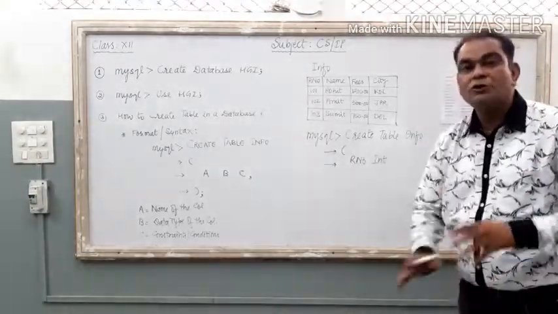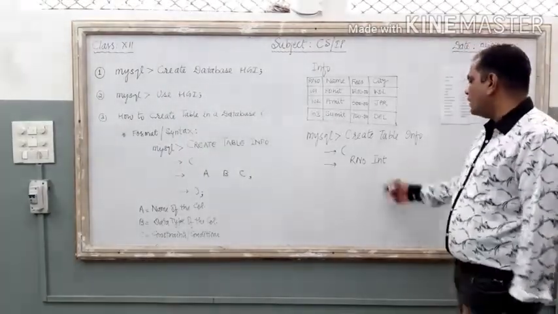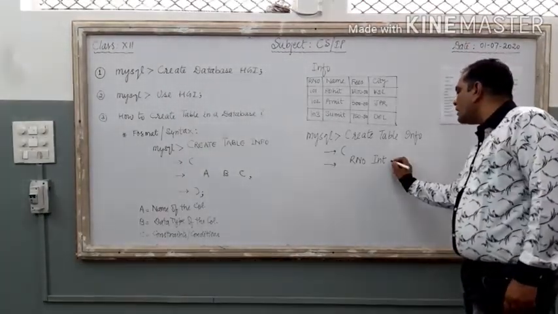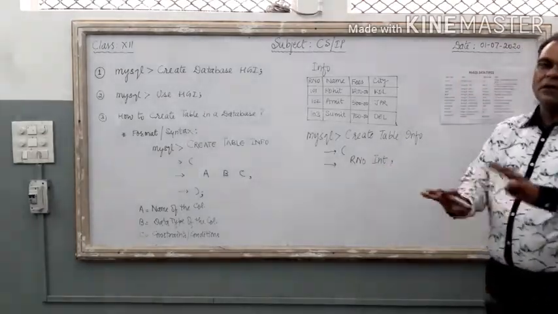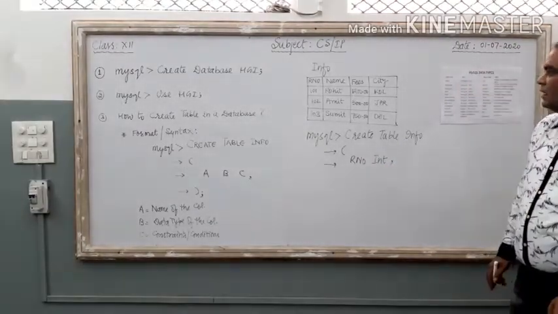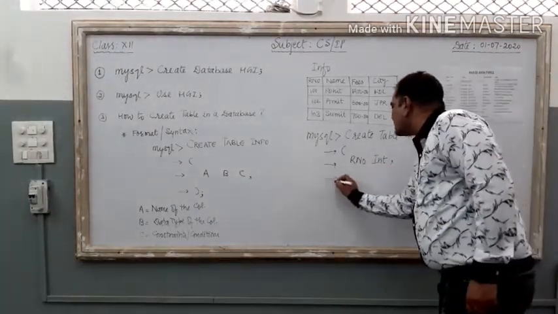मैं वो सी वाला पार्ट छोड़ भी सकता हूं. मैंने यहाँ पे रोल नंबर इंटीजर और सीधा सेमीकोलन लगा दिया. It is A, it is B, C is not there in this line. Clear? Now, how to create the second column?